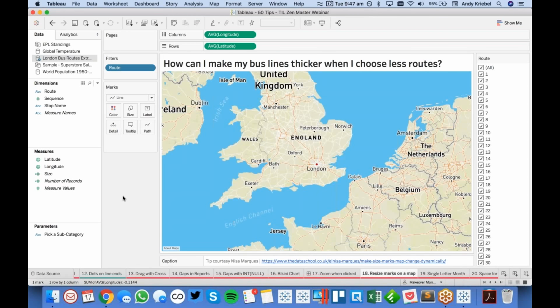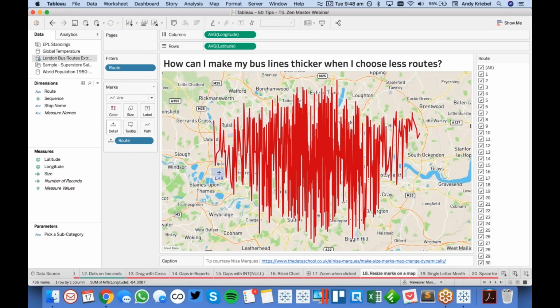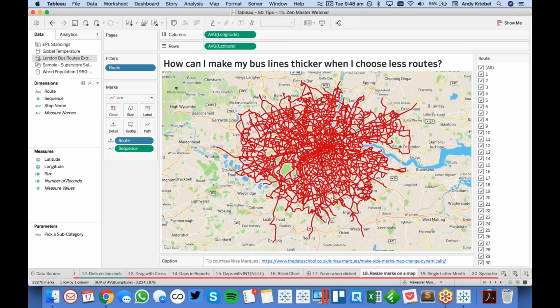Okay, so now in this particular example, I'm going to quickly build a map of all of the bus routes in London. So you can see I've got a simple map of the UK, and I want to put each route on the detail. And I get some kind of mess like this because Tableau doesn't really know how to play the game of connect the dots. So I have this sequence field, which basically tells me the order of the bus stops. So I'm going to put that on the path shelf. And now we have a nice little map of all of the